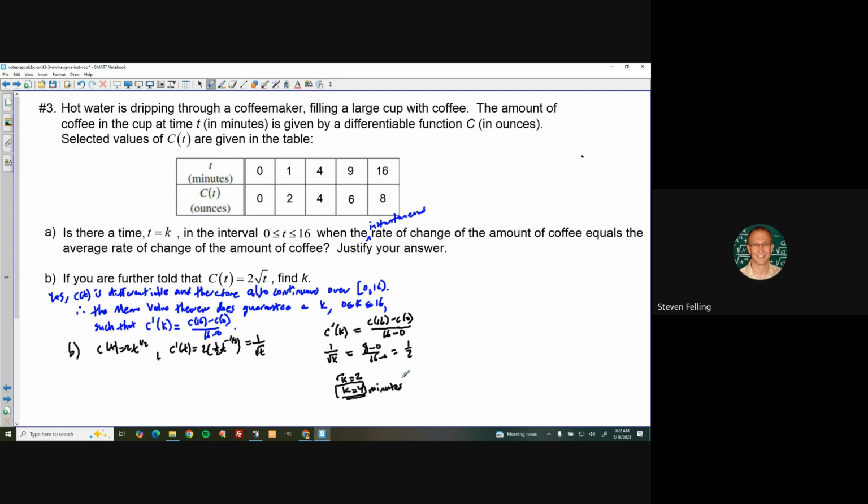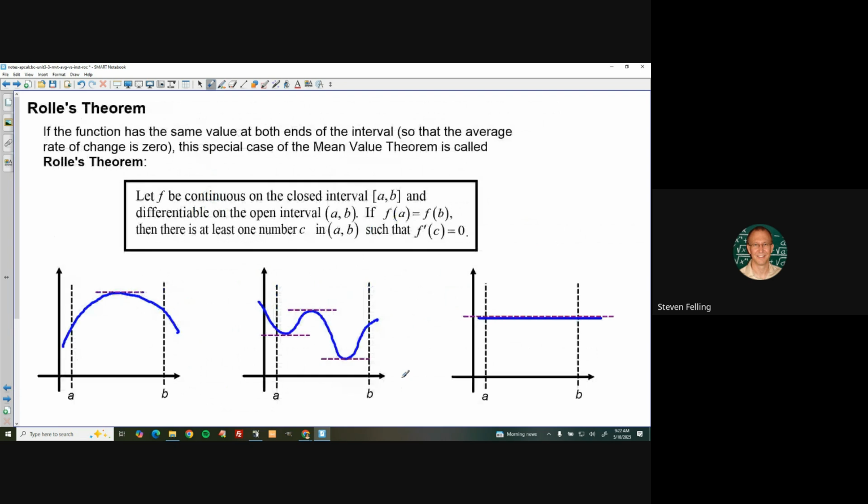Okay, before we go on to another example of that, a couple of other offshoots. There is a special case of the mean value theorem. This is the special case where the average rate of change is 0. In other words, slope is 0. If the slope is 0, then you can call the mean value theorem Rolle's theorem. Right? So we just said in general,